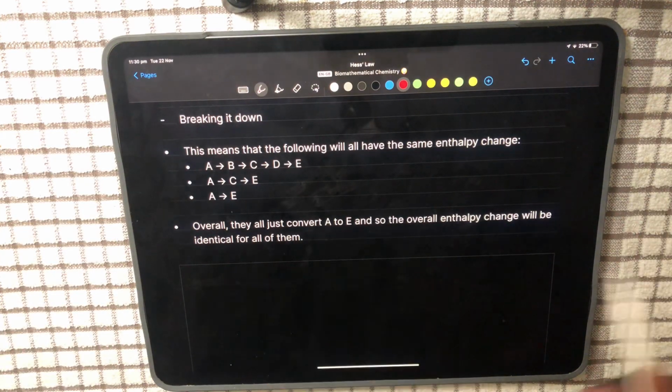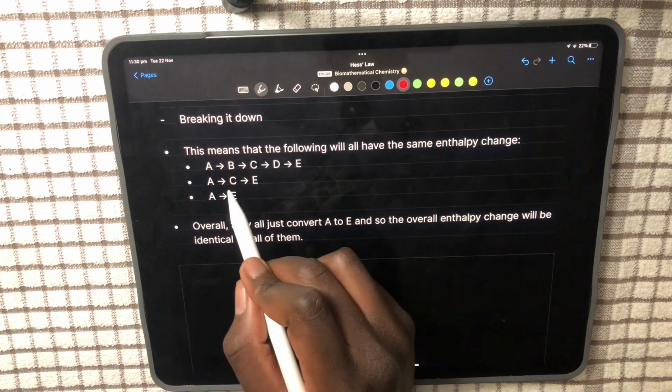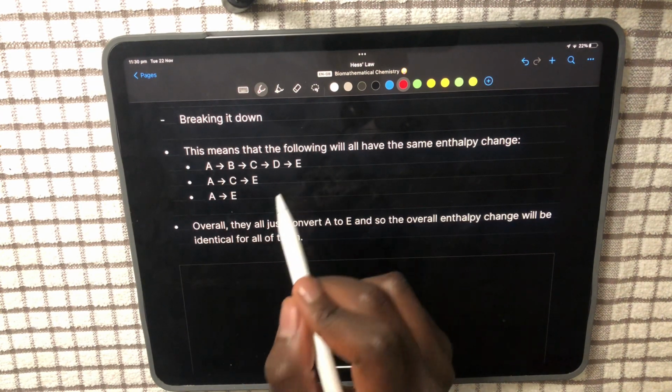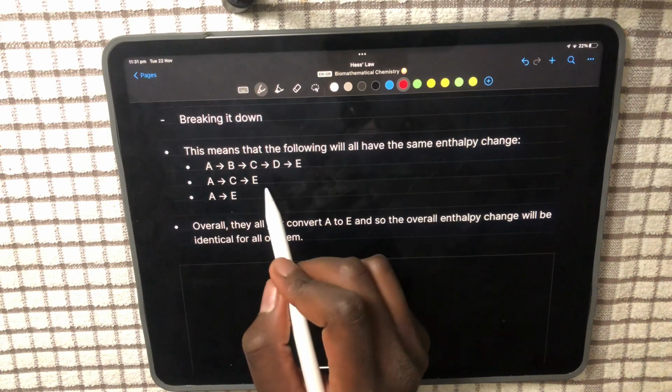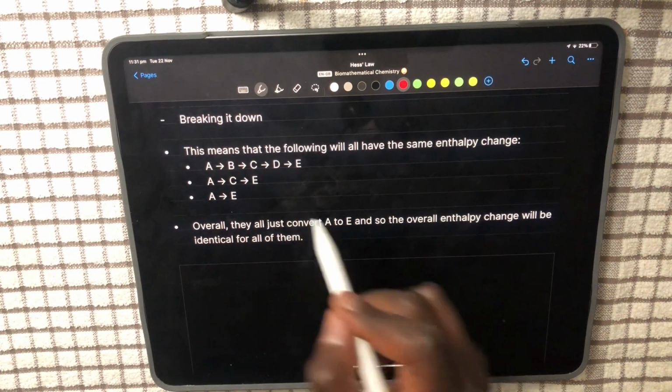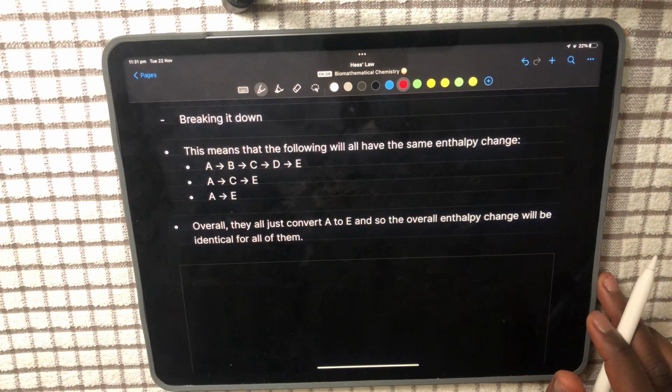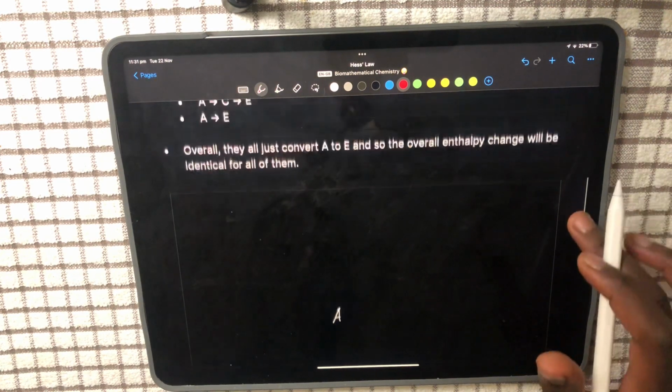So if I want to go from A to E, I'll have to go from A. It's the same as going from A to B to C to D to E, or A to C to E, or A to E, right? It's all the same thing. It all equals the same thing. Overall, they all just convert A to E, and so the overall enthalpy change will be identical for all of them, right? So if I want to go from A